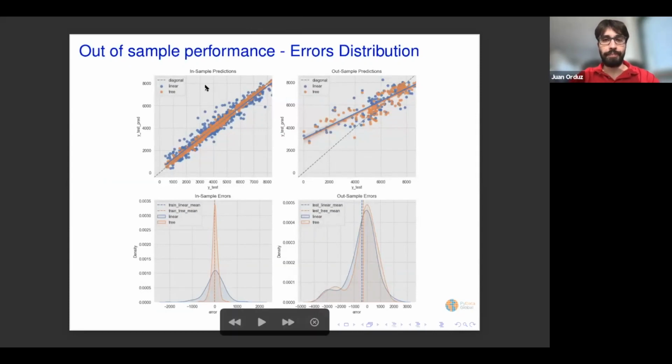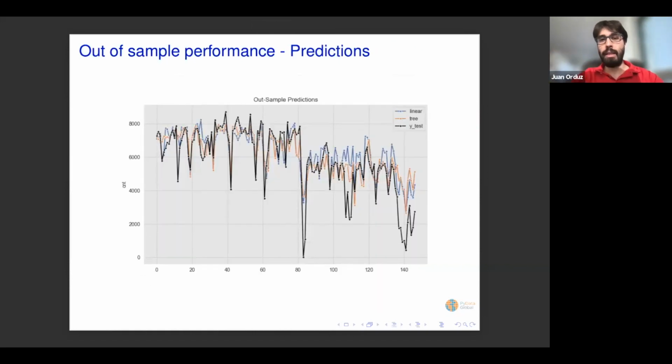On the left-hand side, you see the in-sample performance, in the training data, and on the right-hand side, we see the out-of-sample predictions. In sample, it seems that the gradient boost model is doing a little bit better. You see that the distribution of the errors, in the lower part, shrinks a little bit. In the upper part, we see the true values against the predictions. But out of sample, we could argue that these models are relatively the same. We can explicitly look into the out-of-sample predictions. And again, we don't want to fit the best model, but at least they are quite comparable.